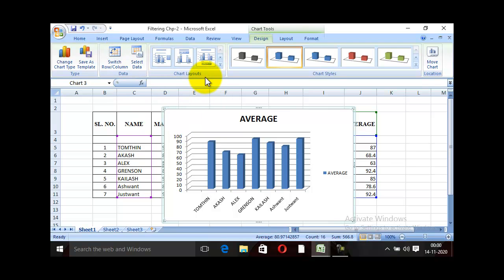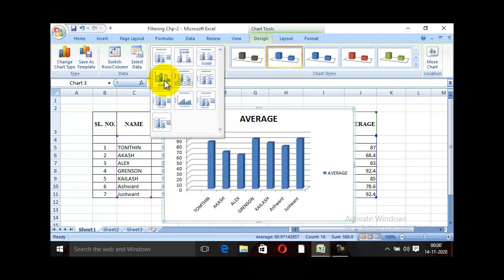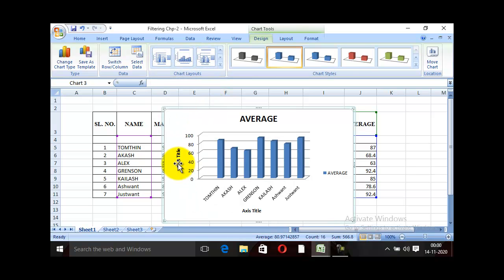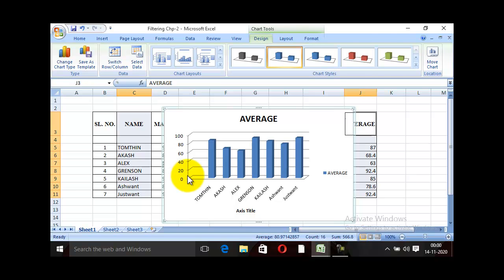Now from here also, chart layouts, you can select the chart layout which you want, you can select like this. Now title axis, this you can write as average marks. Here name of the students. Now suppose I click here, if I delete this,